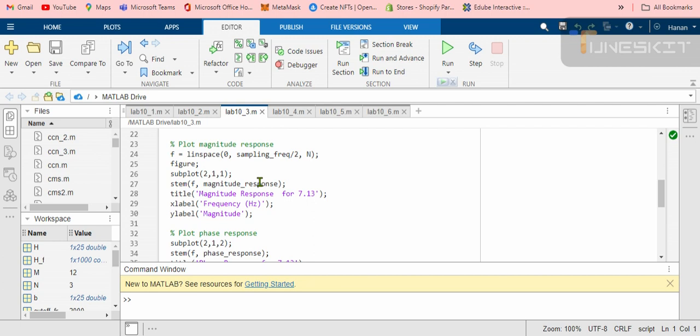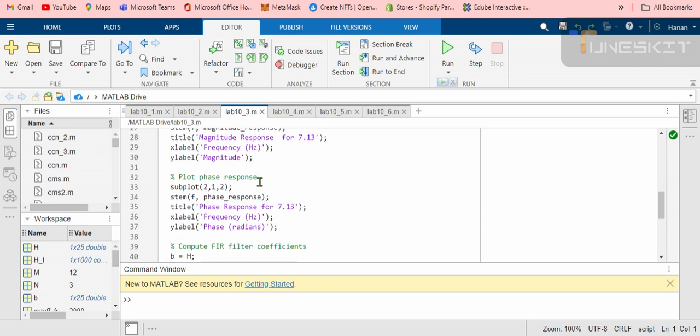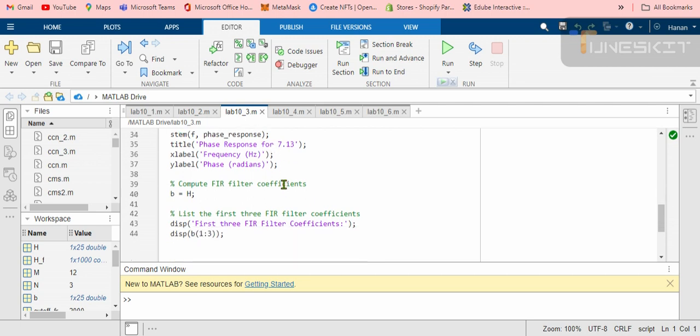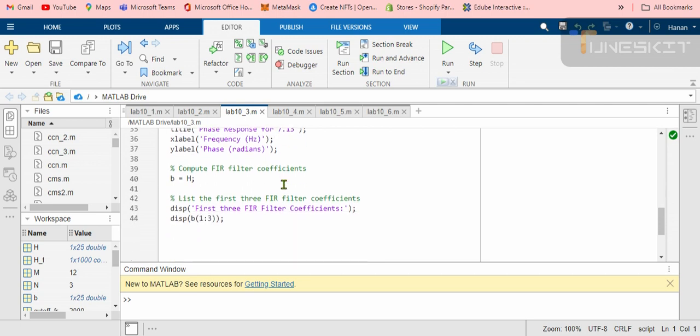Then we title this graph as magnitude response and label the x-axis as frequency and the y-axis as magnitude. For the phase response plot, we use subplot, stem, and title this graph and label the x-axis and y-axis, and then compute the FIR filter coefficients. We use the display command to display this.